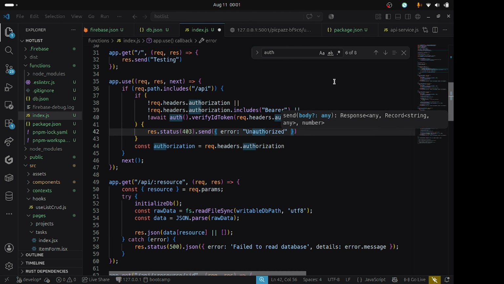This basically checks if the credentials are there,